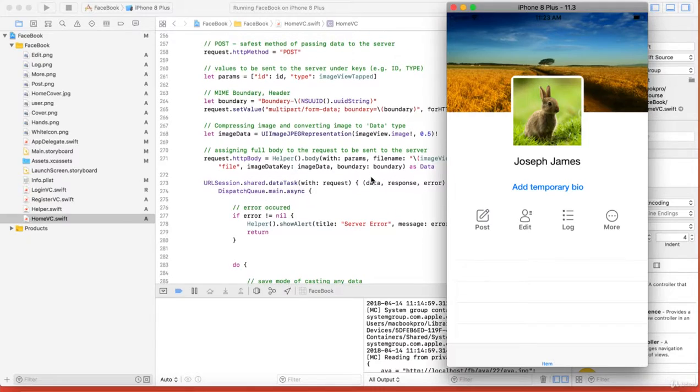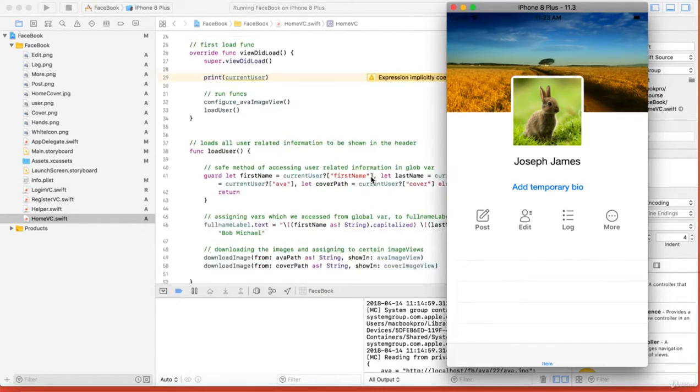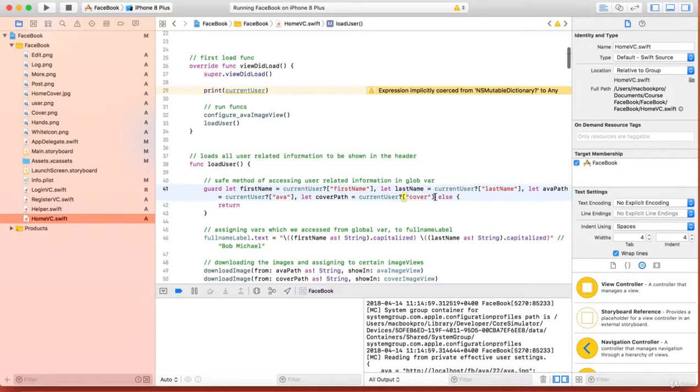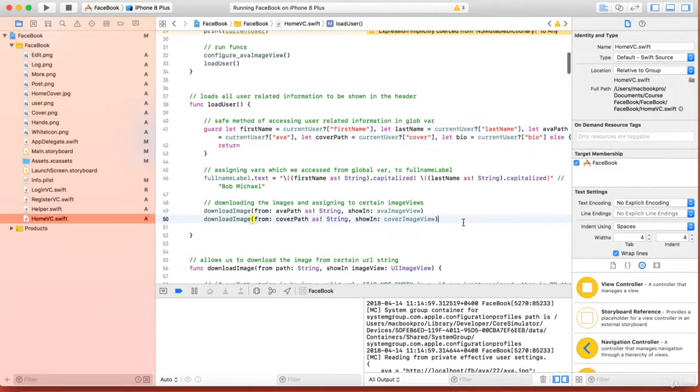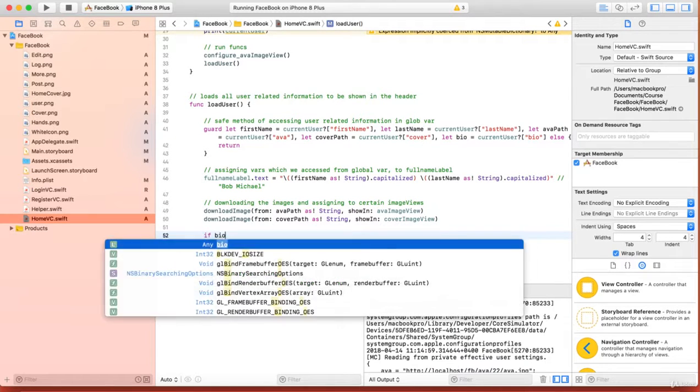Okay, so we are going to the function where is our load user. Here we go. And here, after cover, we'll put a comma, and we write let buyer equals current user, question mark, in the square brackets, and in quotation marks we write buyer. Okay, very good. So here, after downloading the images, we will write if buyer